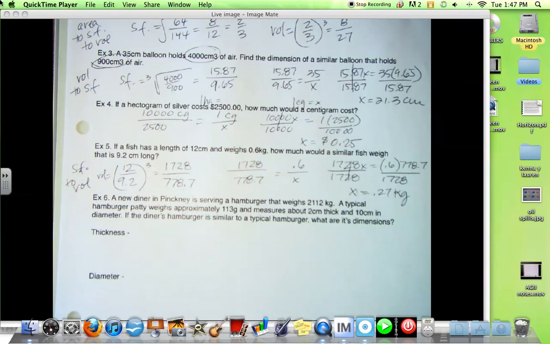A diner in Pinckney is serving a hamburger that weighs 2,112 kilograms. A typical hamburger patty weighs